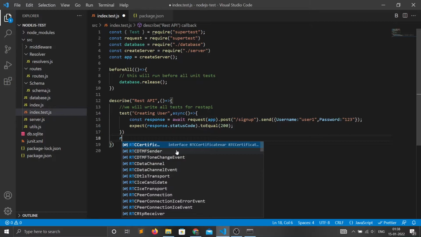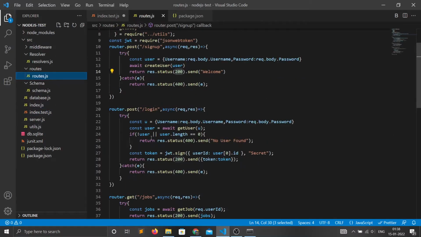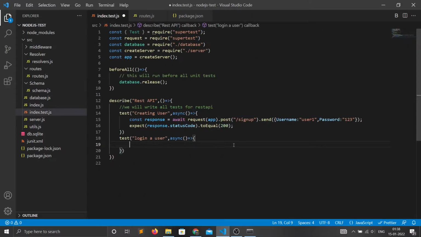Now the next test we will be making is to log in a user. When logging in a user, we have defined that we will be returning a token, a JWT signed token, JSON web token. So we will be making the same request. I will just copy it.